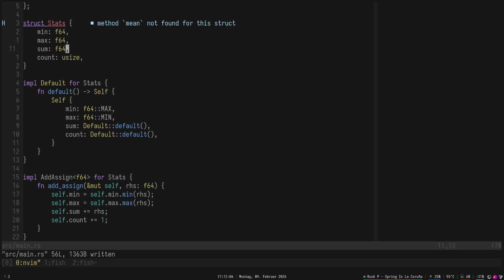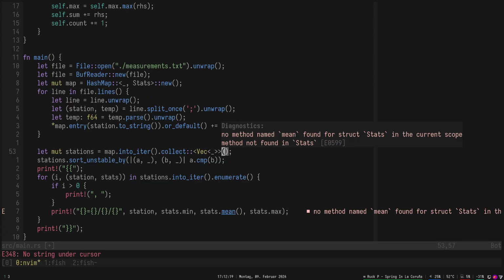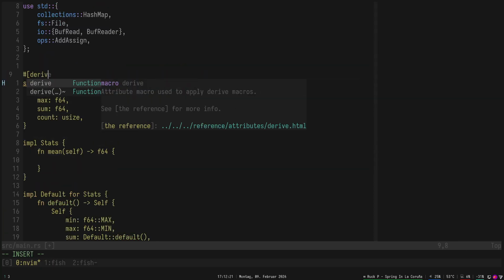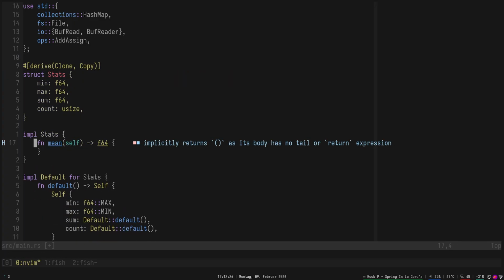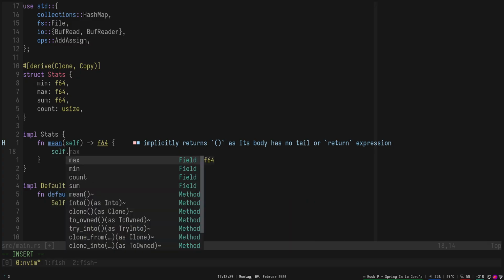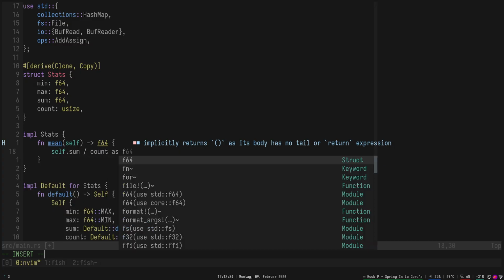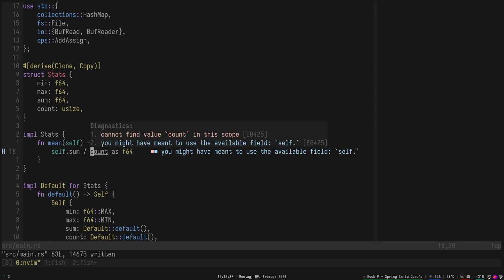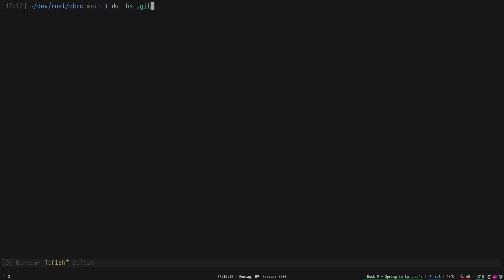And then here, let's impl Stats and have a function mean, which takes self and returns an f64. And we can even derive Clone and Copy. So here we're gonna say self.sum divided by self.count as f64. Yeah, self.count. Great. Now if we run this,